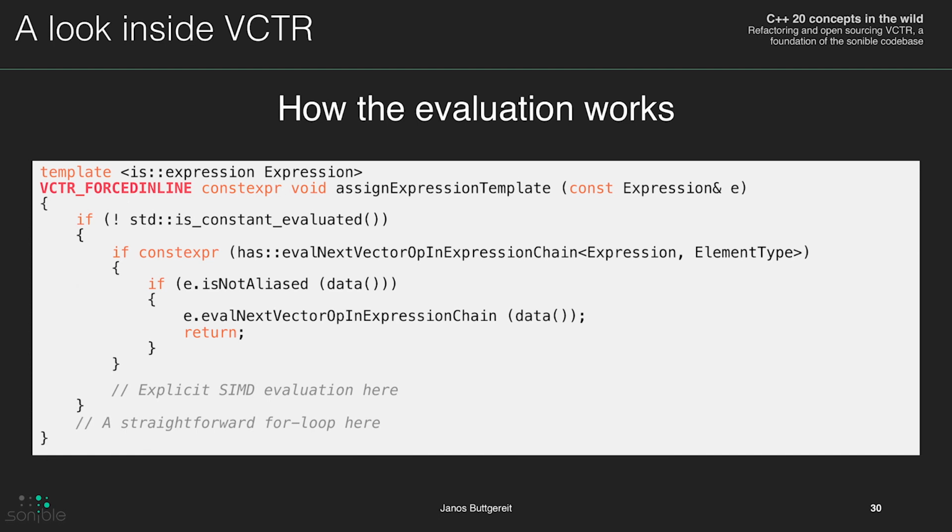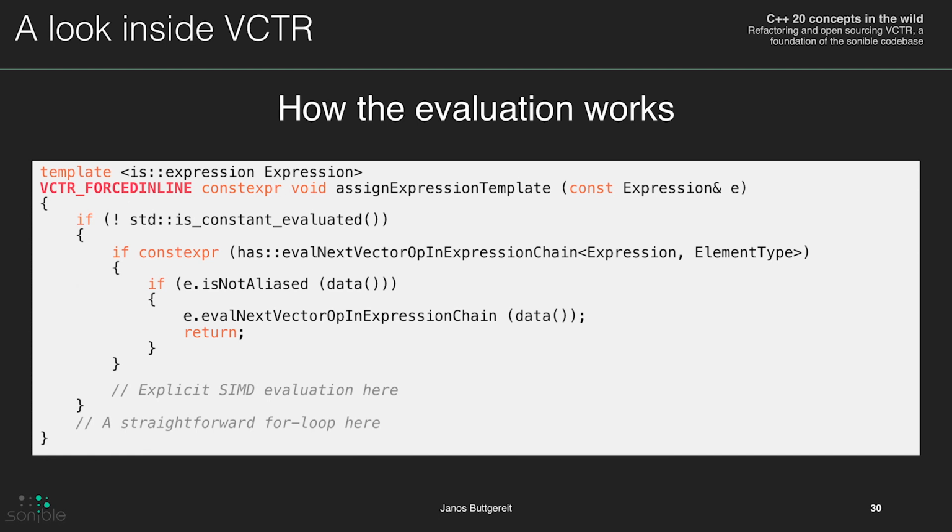So I have written these concepts like has blah blah blah, where blah blah blah is a member function. And so we check if this expression has this eval next vector op in expression chain function. By the way, this was probably the name discussed the most during code review for this class. We just didn't find any better, shorter function name to write what's happening inside this. But this basically calls an IPP or Accelerate function, takes the destination pointer where to write the destination to, and returns the source for the next chained